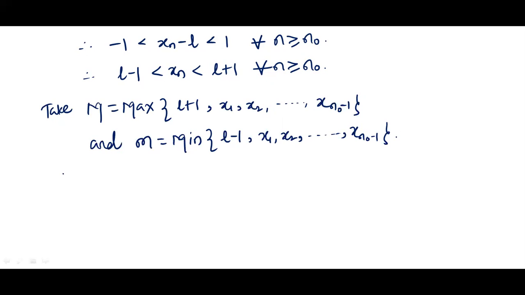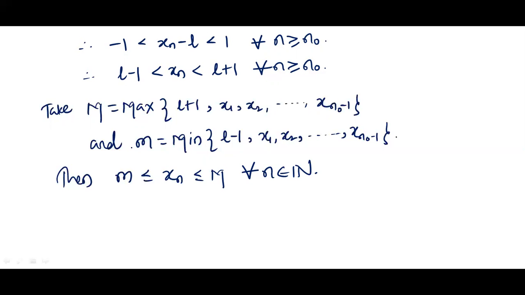Then you can observe that small m is less equal xn less equal capital M for all n belongs to the set of natural numbers, because for n greater equal n naught,